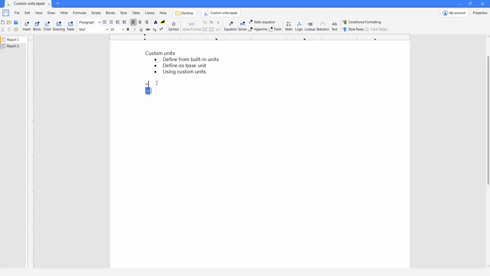So let's look at assigning a regular unit. Inside of an equation, we type a number, and then when we start typing, we see the full list of built-in units that Blockpad has available. Now, for practical reasons, we don't have every possible unit, and so for that reason, we enable custom units in